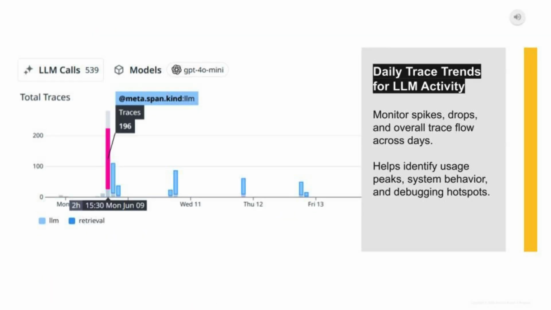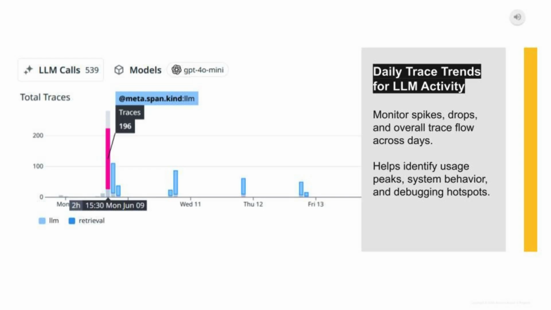In this view, we're using Datadog to filter evaluation scores and focus only on low-performing traces. On the far right, there's a column called Evaluation Score. Here, we can quickly filter for traces with scores below a threshold, for example, less than 0.5 to find responses that may be inaccurate, irrelevant, or unhelpful. This makes it easy to identify weak matches, analyze what went wrong, and iterate on prompts or retrieval logic to improve future results.